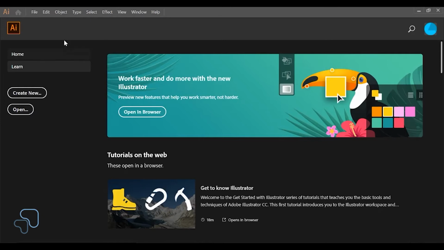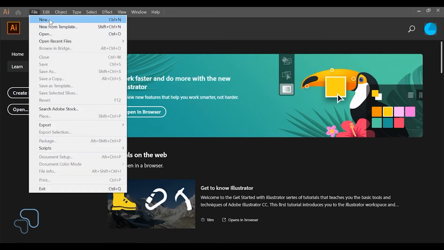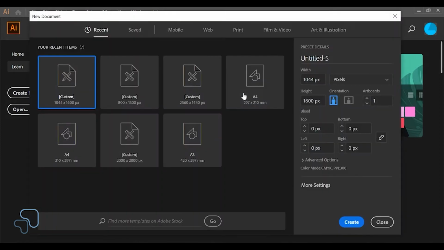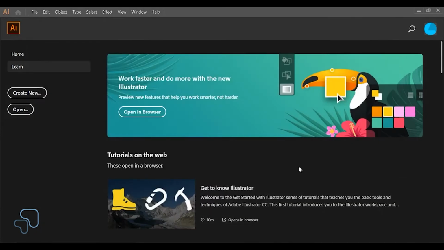So we're going to start by creating a new Illustrator document. So we're going to File, New, and we're going to create a document that is 1044 wide by 1600 high. So if we create that,